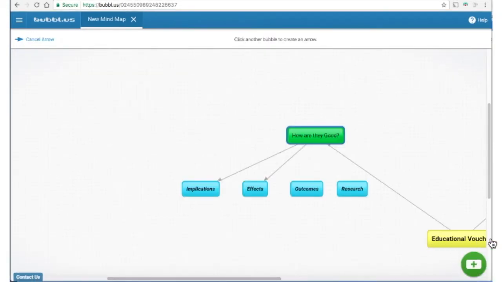Okay, so from my main point, educational vouchers, I'm going to focus on one of my viewpoints of the main idea, which is how are they good? And so from here, I want to break it down even further to research this idea or this viewpoint into different areas that I can research in to support this viewpoint. And as you can see, I added in boxes, and you can add them in by pressing the green plus button down in the far right hand corner. Add the boxes in, and I broke it into separate categories such as implications, effects, outcomes, and research. To change the color and text and everything,